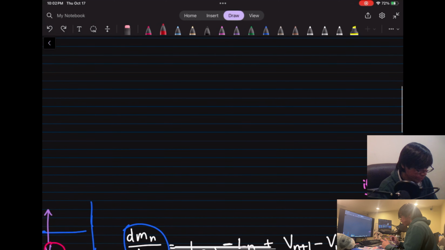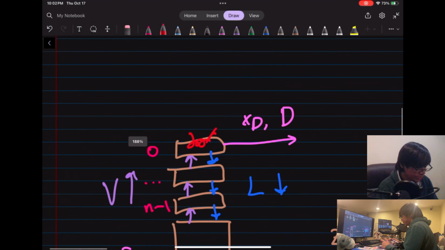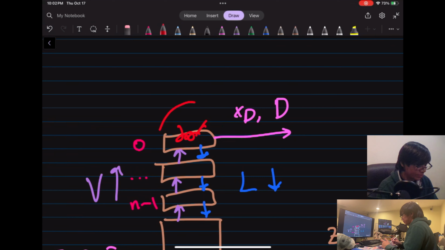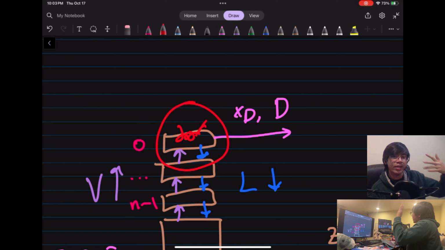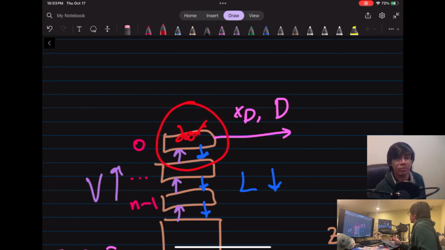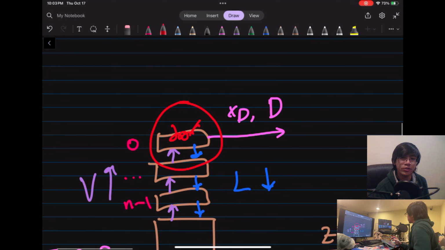So if we are at the boiler, actually let's do the condenser. If I had that condenser, you'll note that there is no vapor going up. Actually, this is a tiny drawing I had. So there's no vapor going up. It's just vapor going in and liquid coming down, and then the distillate that we're taking out. In the problem statement, I believe we already said that the vapor is perfectly controlled to match the sum of the liquid coming down, our reflux, and our distillate. So if it's perfectly matched, that means there's no change